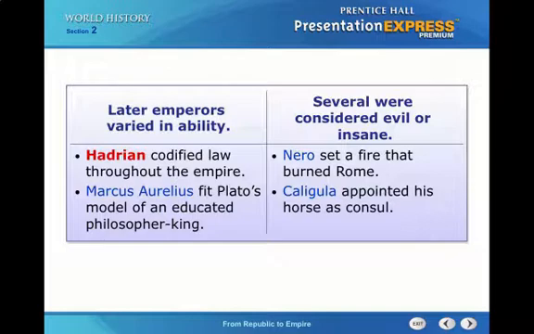And then you have several who are just off the charts. You've got Nero, who set a fire that burned Rome to the ground. You've got Caligula, who appoints his horse as consul. He is flat out crazy, and he is not a nice person by any stretch of the imagination. He does some horrible, horrible things. And the other one is Marcus Aurelius's son, Commodus,